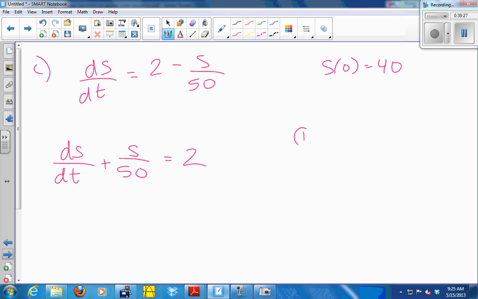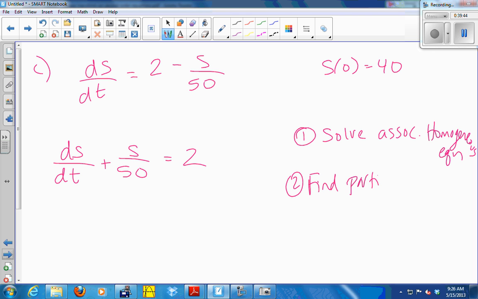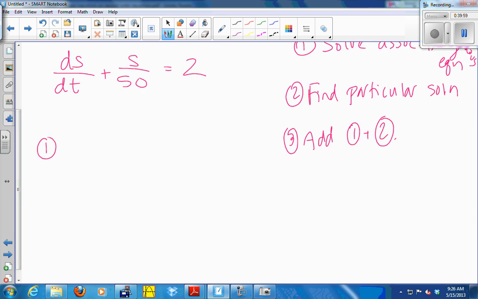So 1, solve associated homogeneous equation. 2, find particular solution. 3, add 1 and 2. So for step 1, I want to solve ds dt